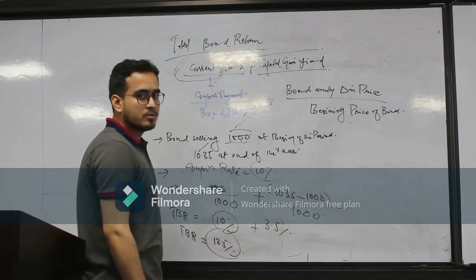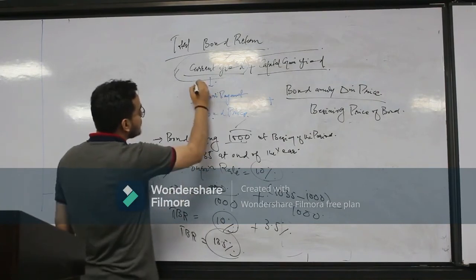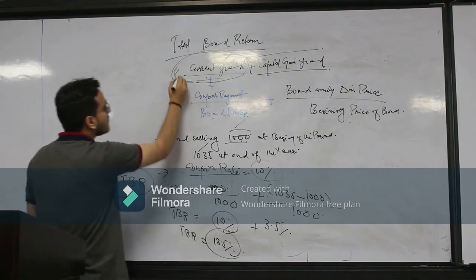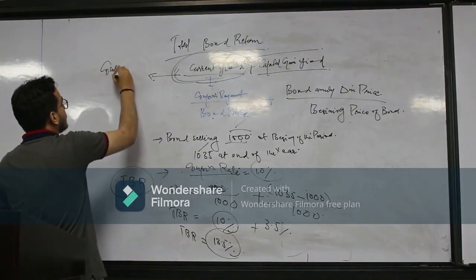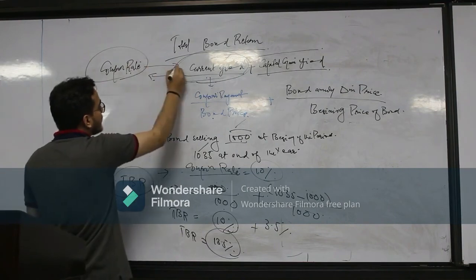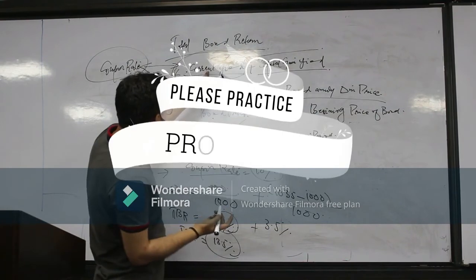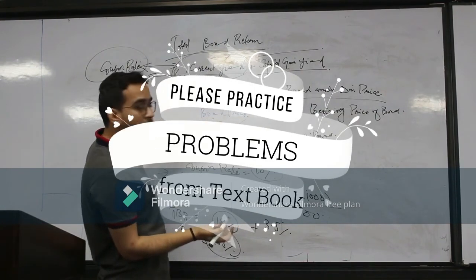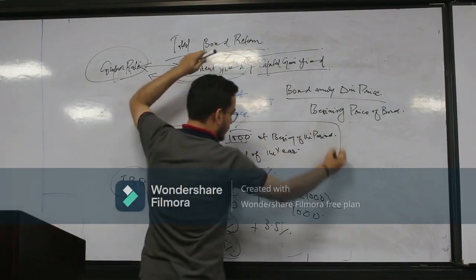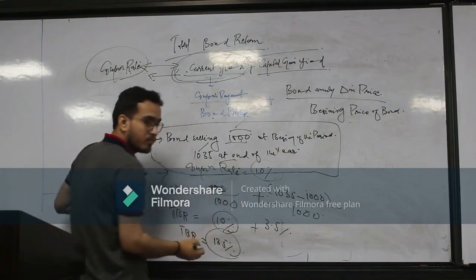Alright. So one more thing. Now see here, this current yield is equal to the coupon rate. So it means we can call the coupon rate the current yield that we are gaining on our bond, because the current yield formula says coupon payment divided by bond price, and in the problem we have been given the data which says the coupon rate is 10%. So if we